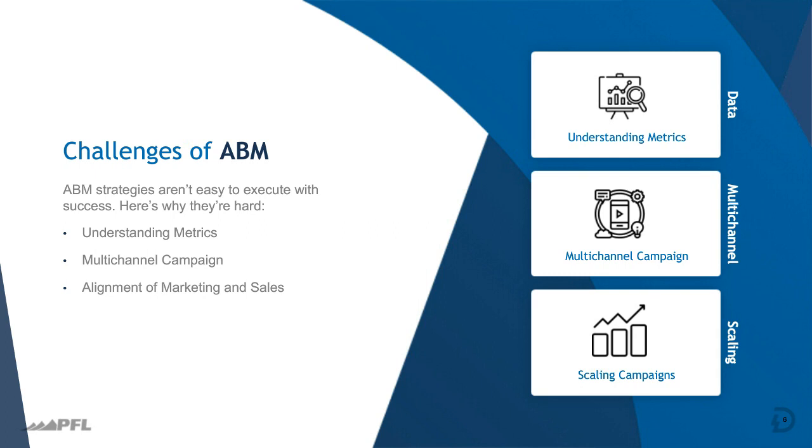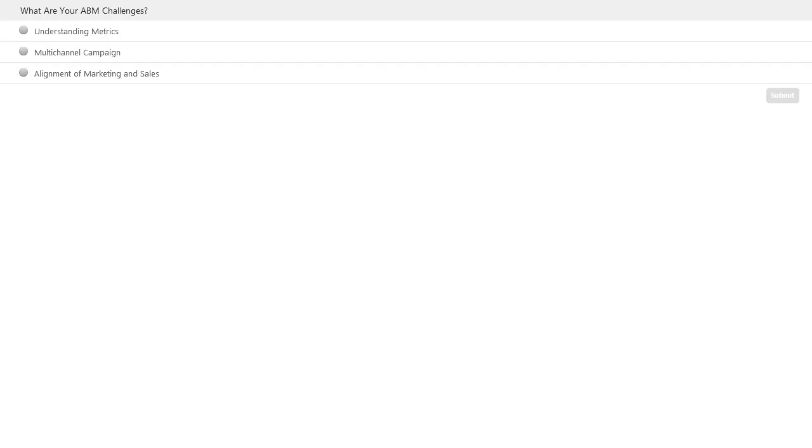So one of my objectives here today is I want to make sure that we're engaging with you guys who are on the phone with us and understanding some of the challenges that you're going through. So when we do have an opportunity to open up to Q&A, Katie and I are able to hopefully answer any questions that you might have that will really help you be more successful in your ABM campaigns and your strategy. So I'd like to hear from you guys on what are your ABM challenges. Is it understanding your metrics? Is it really the multi-channel orchestration? Or is it aligning within your organization on your target accounts that you're going after? So I'm going to give it just a minute here. Hopefully you guys will take an opportunity to simply click one of those buttons.